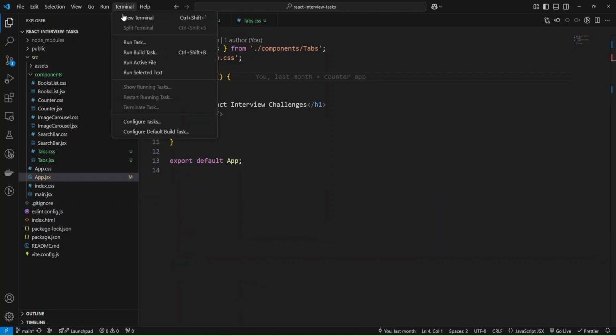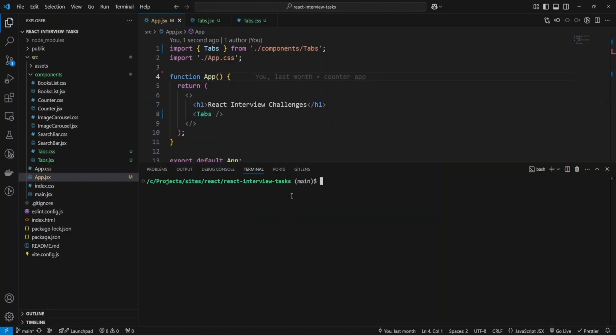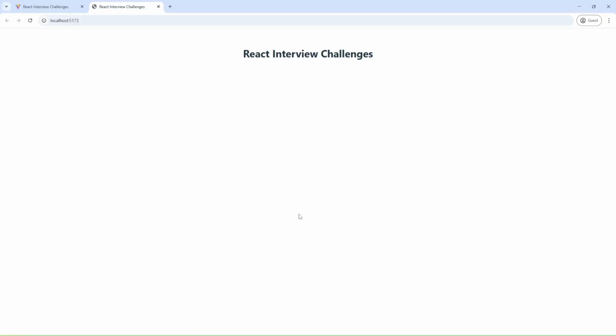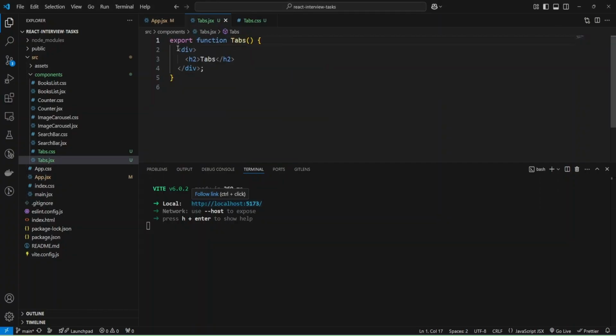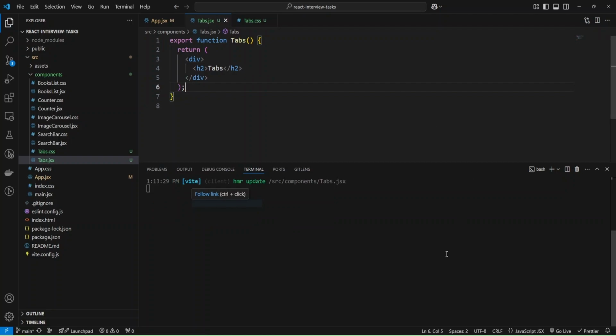Okay, and now I can run my dev server. The project was created with Vite, and I can run the command npm run dev to start the dev server and open my project in the browser. Okay, and let me open this and return JSX because I forgot to return, and let's check again.